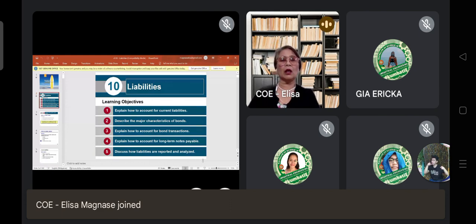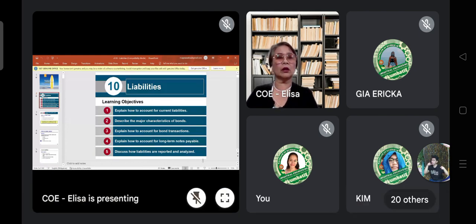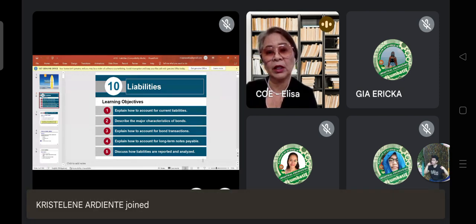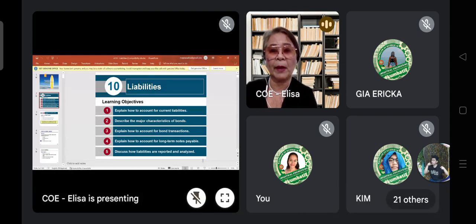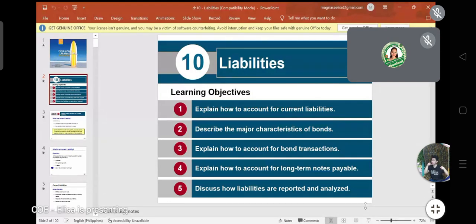So this will be our topic this afternoon. We will talk about current liabilities and then long-term liabilities. And then in the long-term liabilities, we have bonds, and then long-term notes payable, and then how are we going to report liabilities and the different ratios that we will use in analyzing